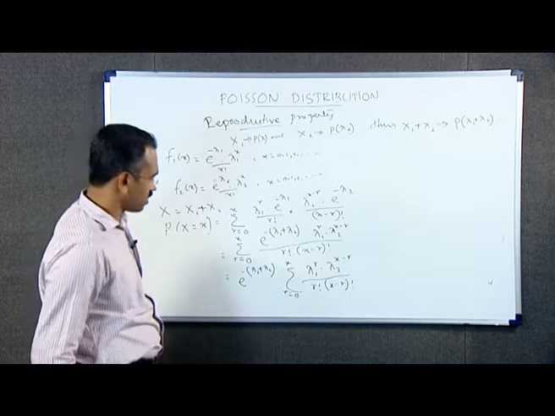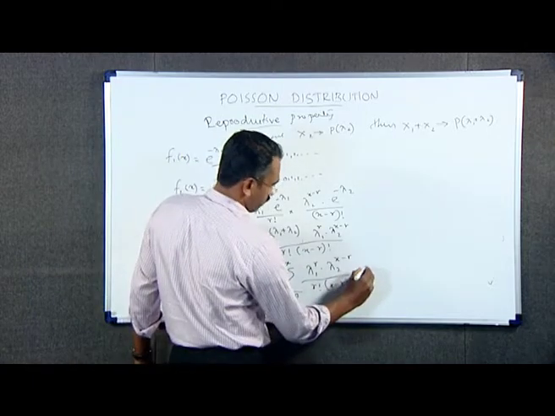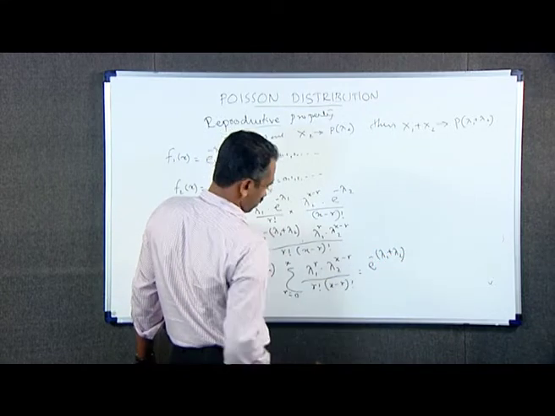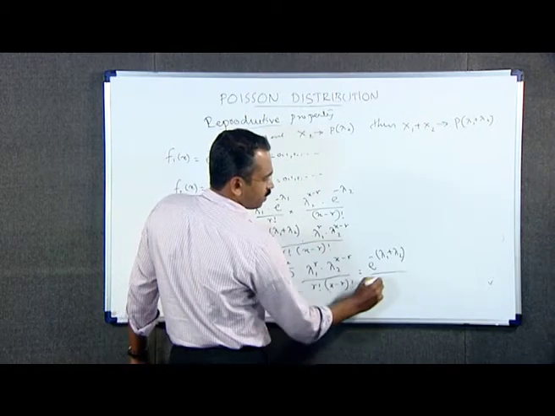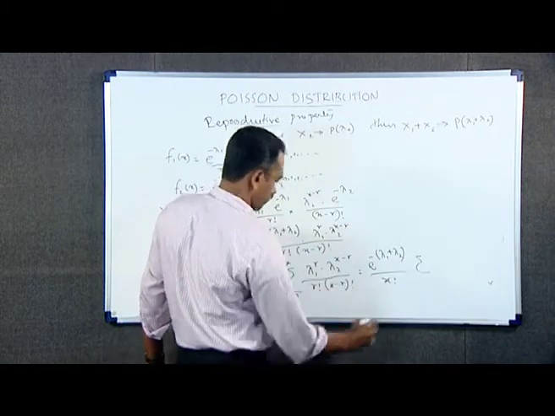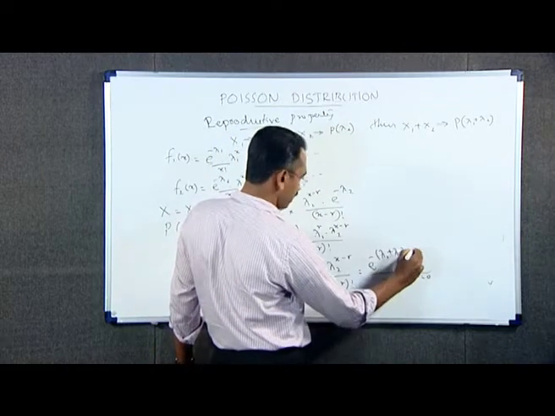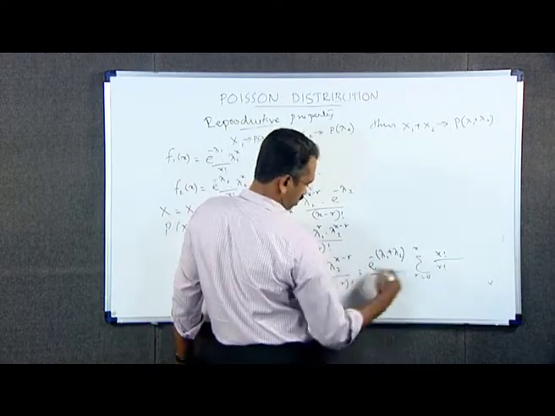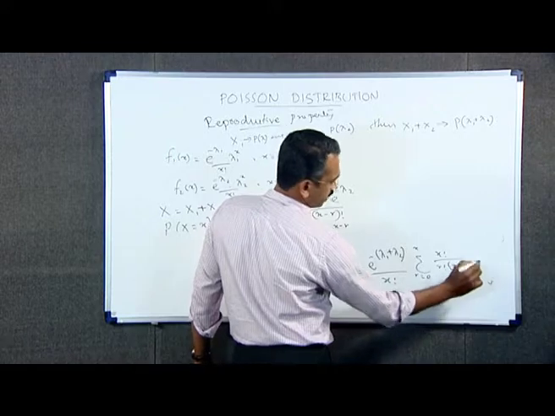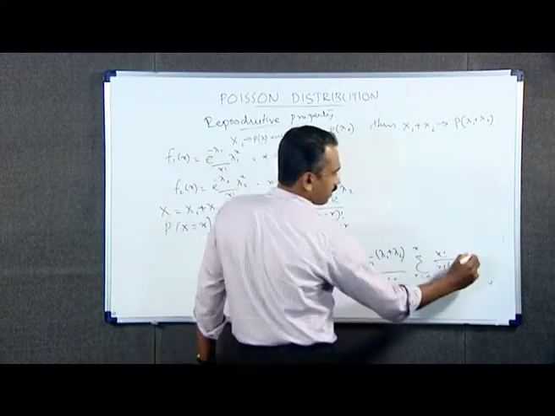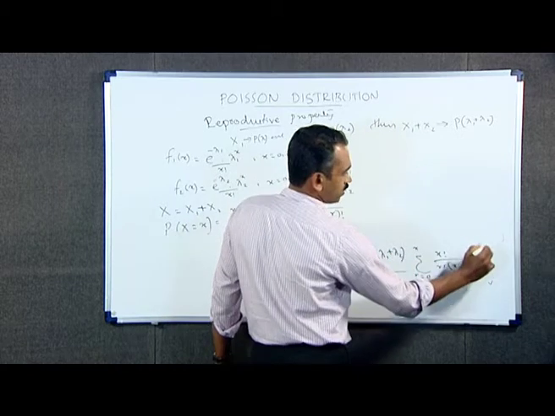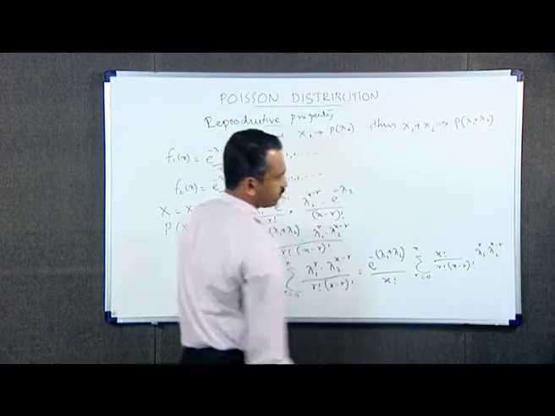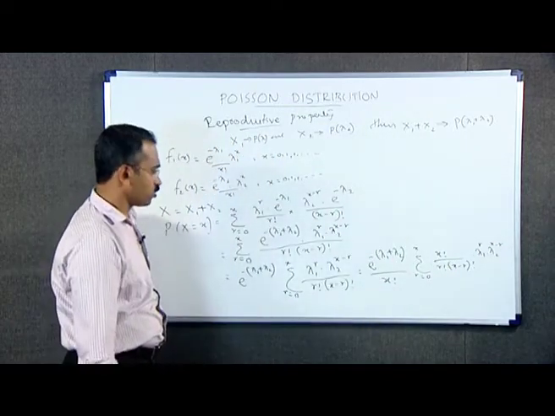We get this is equal to e raised to minus of lambda 1 plus lambda 2 divided by x factorial into summation r varies from 0 to x, x factorial divided by r factorial into x minus r factorial, into lambda 1 raised to r into lambda 2 raised to x minus r. That is equal to